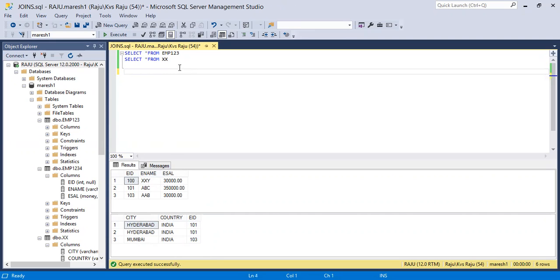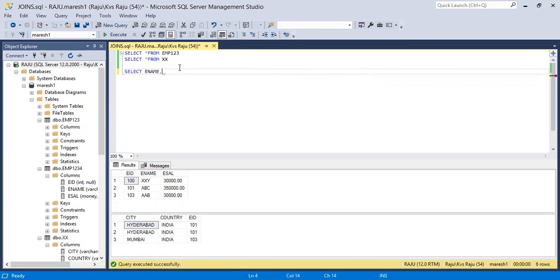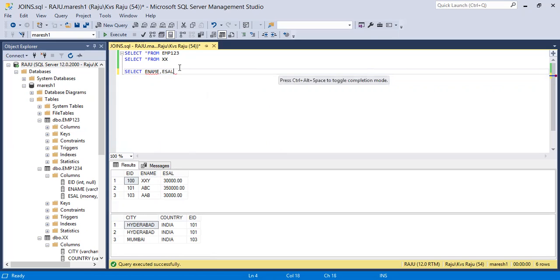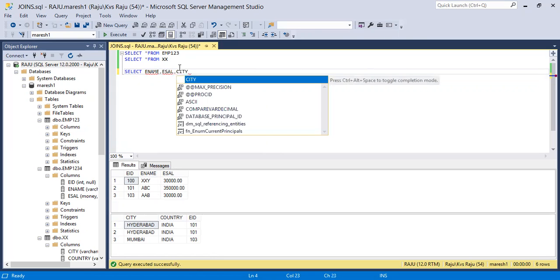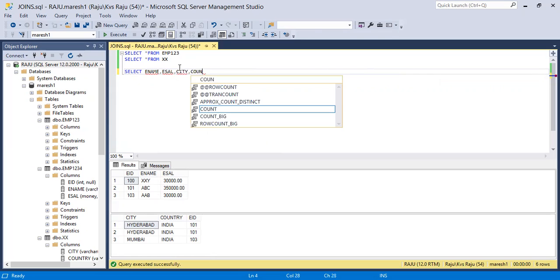For that, first SELECT. I am going to display the columns ename and esal from the first table, and also the city and country columns from the second table.